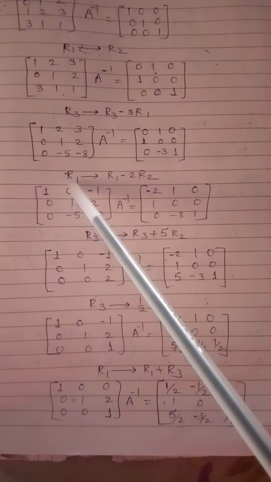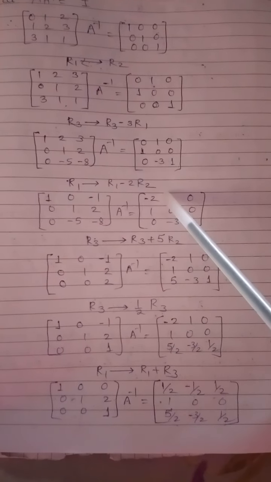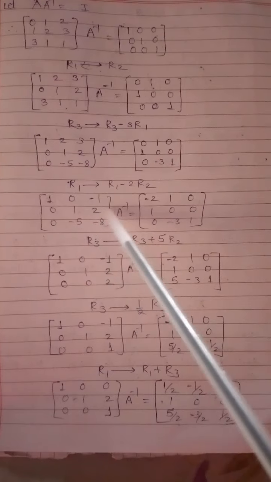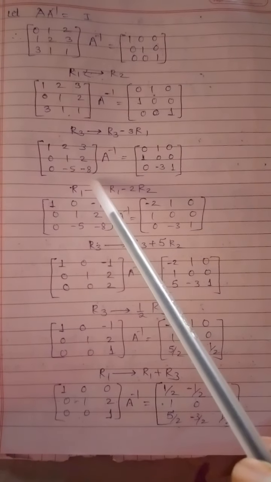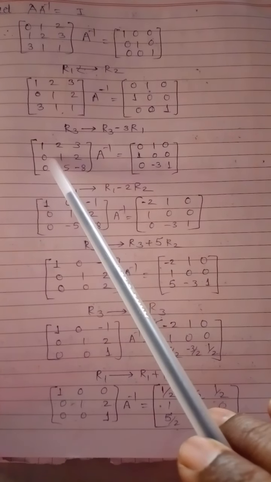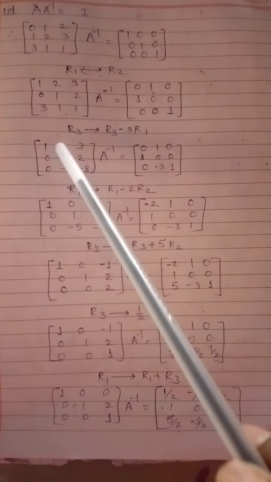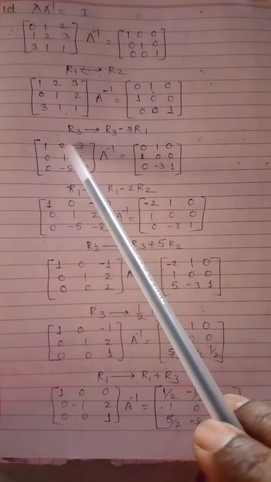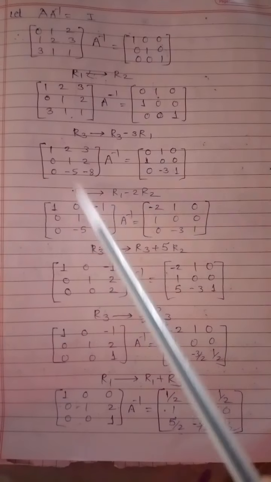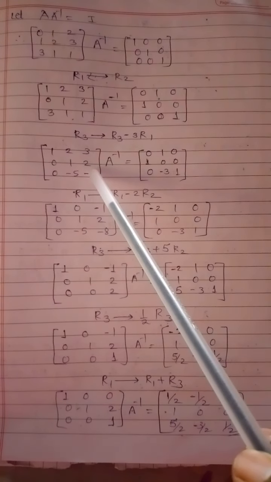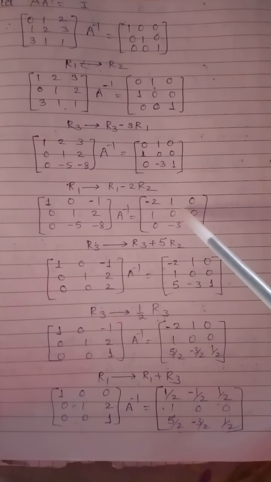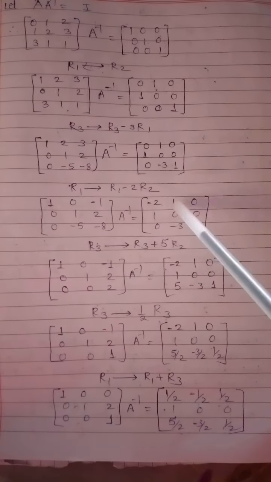So next we have to make a change in R1. So R1 minus 2 R2. Now there are changes in R1, so you have to write down R2 and R3 as it is, like this. So what are the changes? R1 minus 2 R2. So it becomes 1. Next R1 minus 2 R2. So 2 minus 2 of 1, that is 2. So 2 minus 2, it is 0. Again 3 minus 2 2s are 4. So we will get here minus 1. The same changes we have to do here. So by making changes we get this matrix.